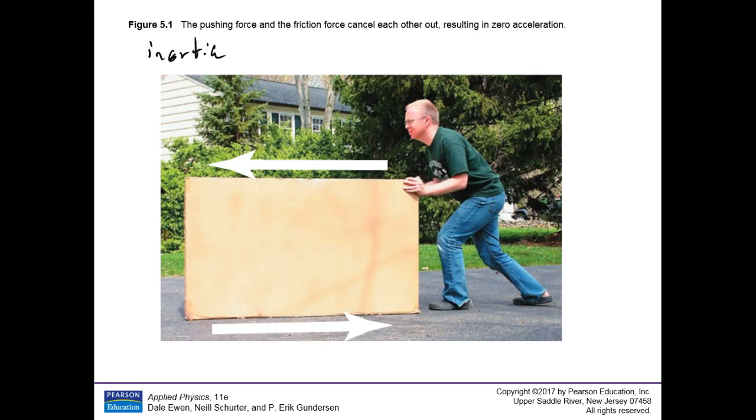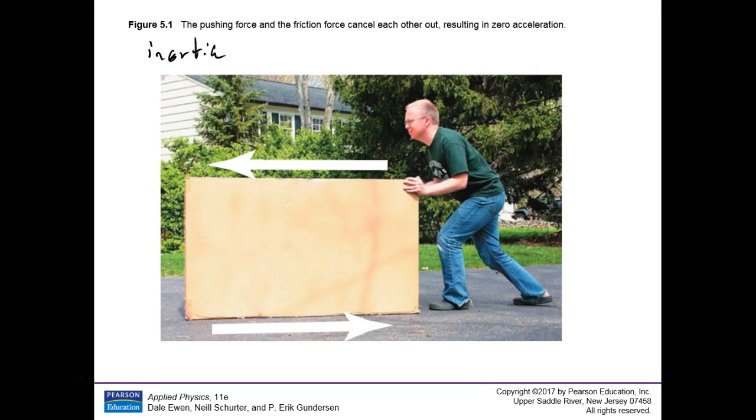I'm not going to push hard enough to break the table either. Okay? So here, if these arrows are correct, he's pushing on the box, but he's meeting, you can see this is pretty rough looking pavement here, and that has friction. And if he's pushing there, just like me pushing on the wall but not getting anything, there's an equal and opposite force pushing against them.